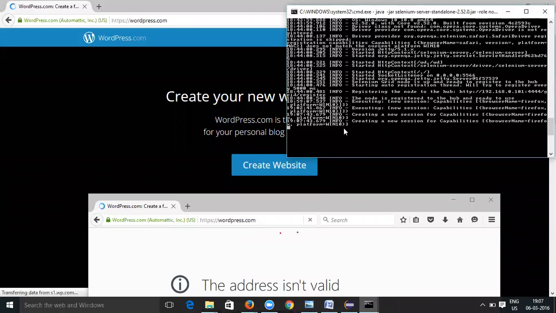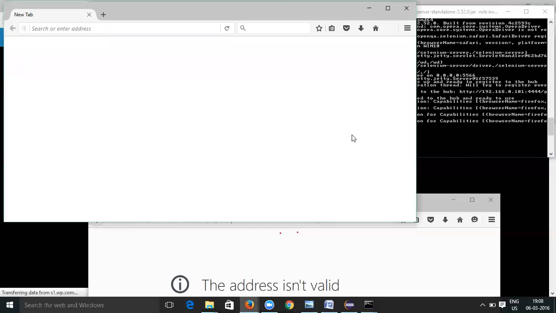Okay, I got the mistake. Something is holding it here. When you click on the command prompt, it will be paused. Make sure that you don't make that mistake.